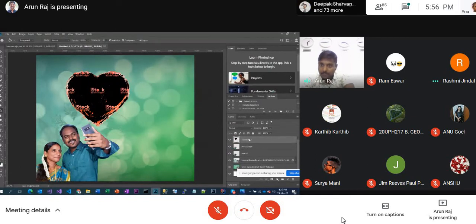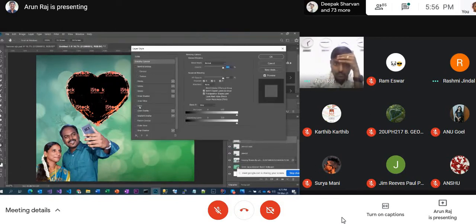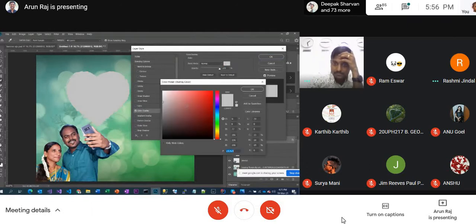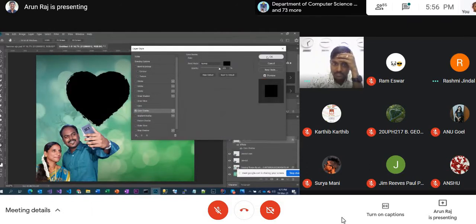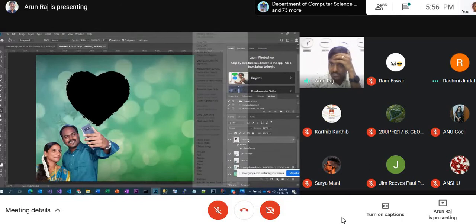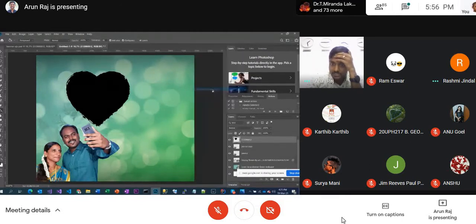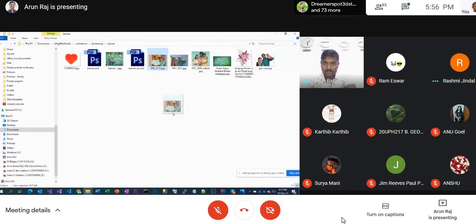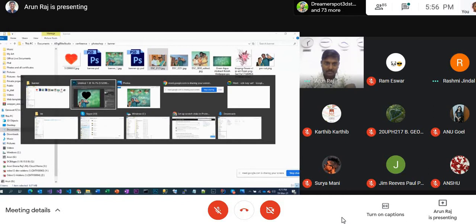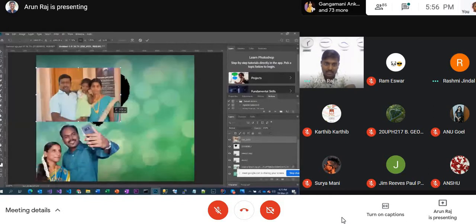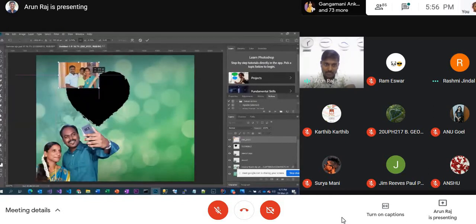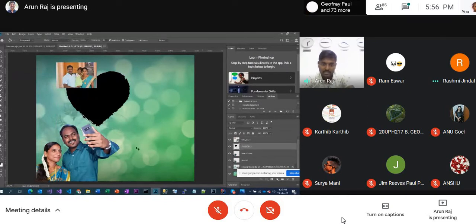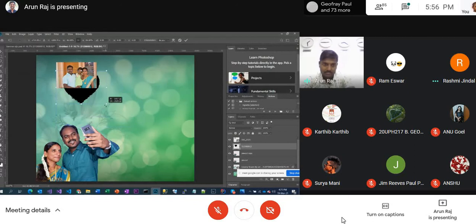One minute. I'll take the blending options. I'm going to color overlay black. So finally I got this design, and then I am rasterizing into a single layer. So you got only one layer. Now I'll drag one image here, and then try to keep, okay, this is the size which I am going to keep it. So I am keeping it, and then accordingly I'll take this image.